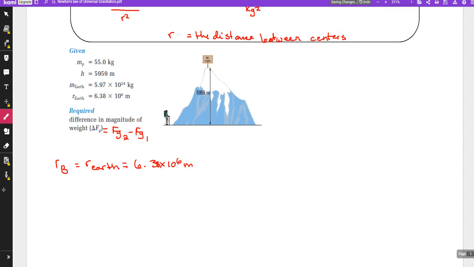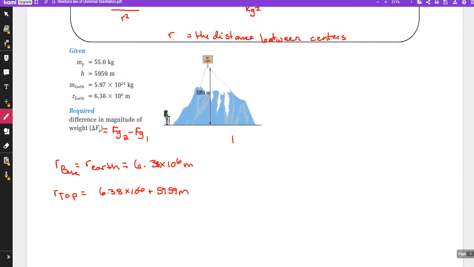And then to the top of the mountain, remember this is the base, our top, is equal to 6.38 times 10 to the 6 plus 5959 meters. So then if I want to find the force of gravity at the top of the mountain and the base of the mountain,